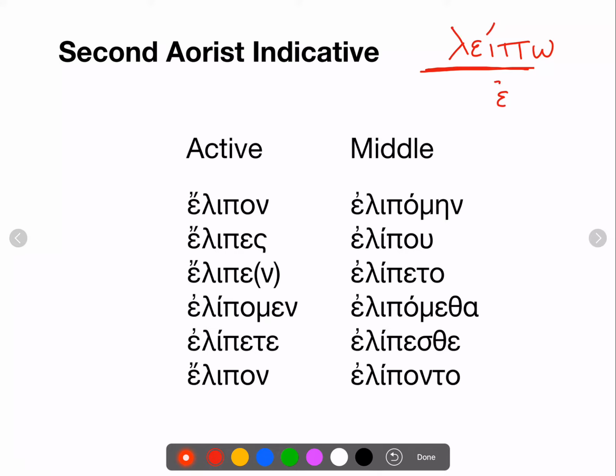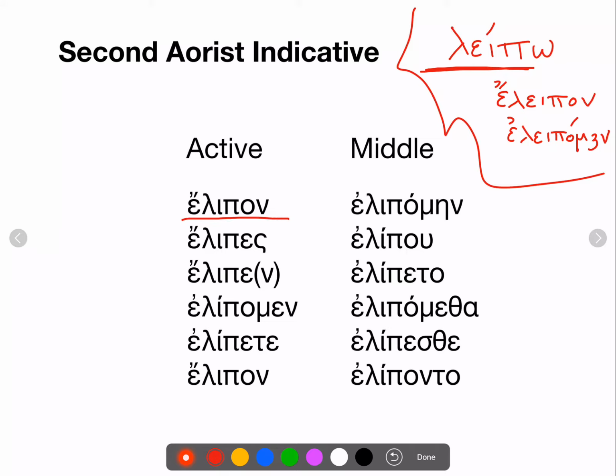So it would be elipon, elipes, elipe, and in the middle, elipomen, elipou, right? Well, for the second aorist, go to the third principal part, elipon, and use the same exact